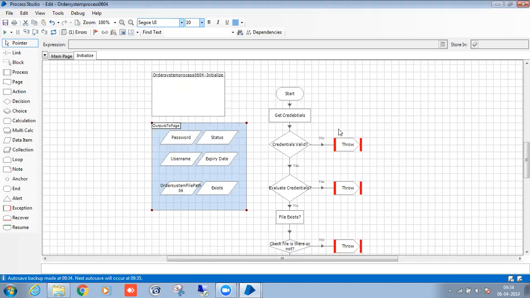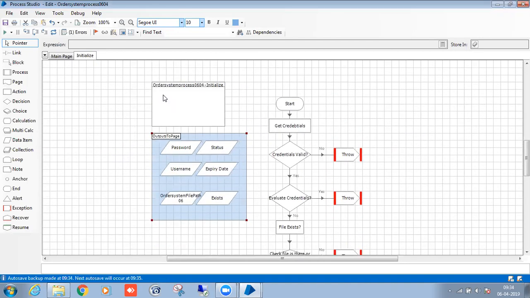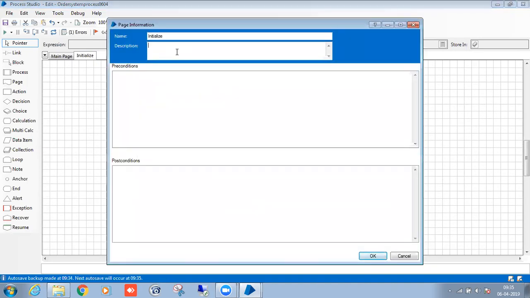These are the output variables from this page, correct? So that's it. If everything is fine, you can say so.